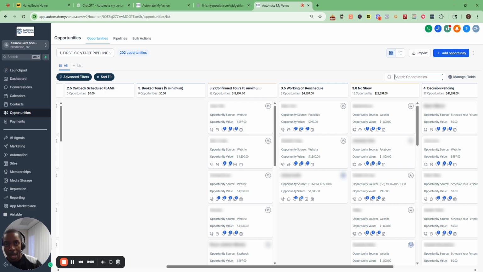You asked for the money and that person just had an objection, or they decided, hey, we're not booking right now, and they decided to go a different route. They'll go in decision pending. So that person didn't book yet, but it's a possibility that they will book. So they'll go into decision pending, and we'll just follow up with them from there. Now, this is, in my opinion, the most crucial part